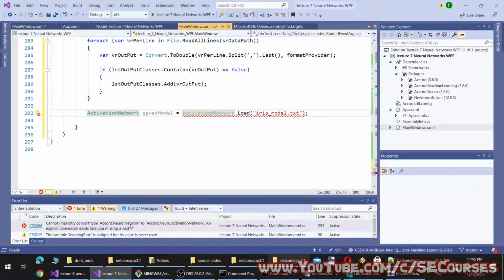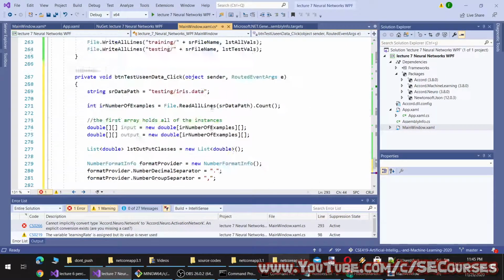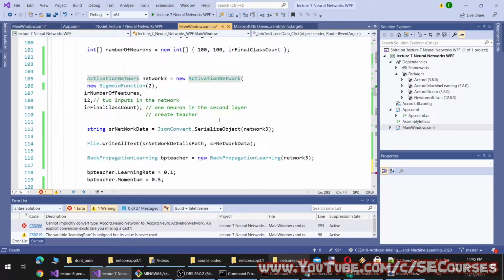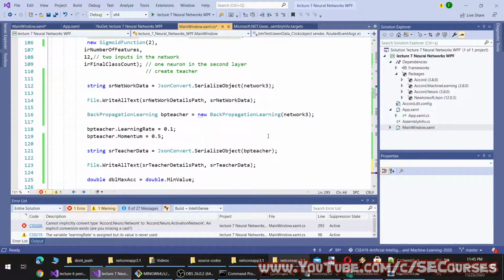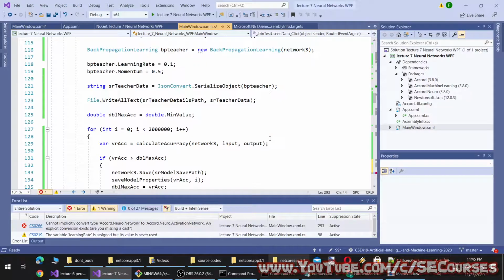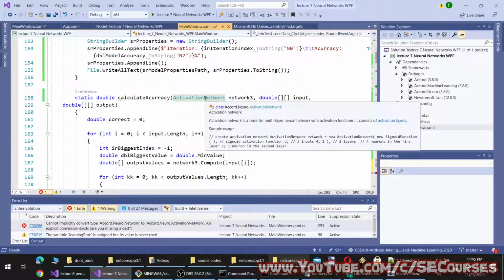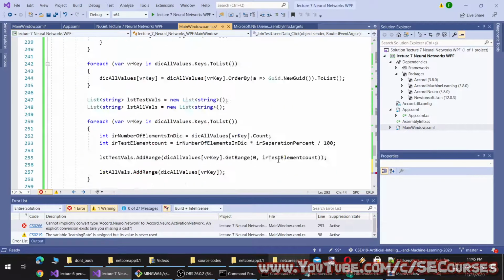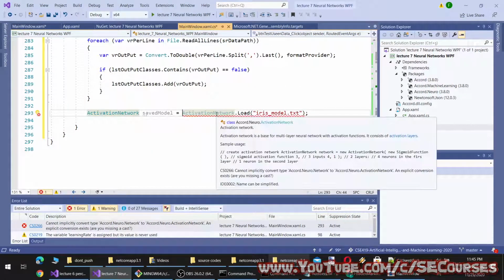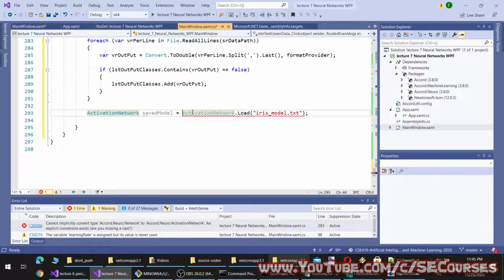Okay, Accord Neural Network to Accord Neural Activation Network. Okay, it says you cannot implicitly.